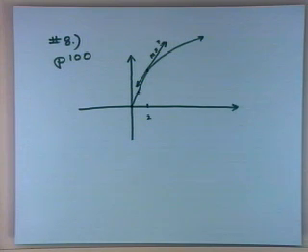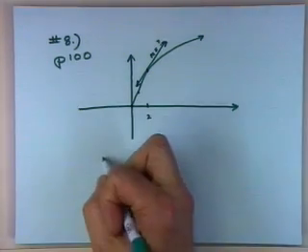Not a great way of getting the slope of the tangent. It is if you've graphed it real accurately and you have some real accurate graph paper, but you'd probably want to go about it a different way. I would probably go about it if I didn't use the graph. I would probably use